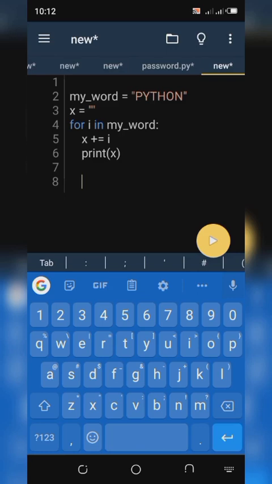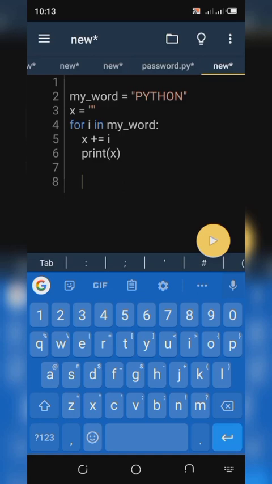Remember we have already said for i in my_word. x plus equals i means x equals x plus i. And you know that x is an empty string and i is already containing the data in my_word. So if I print x now, we are going to have this word Python printed